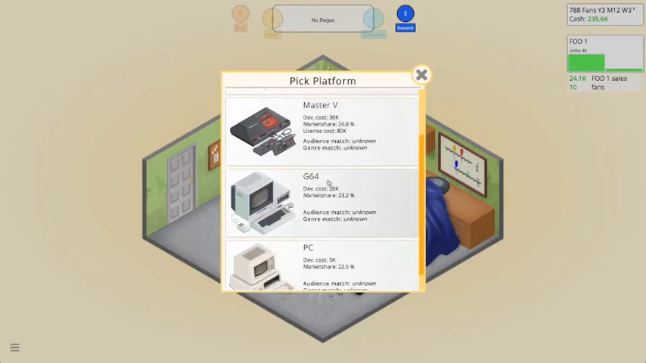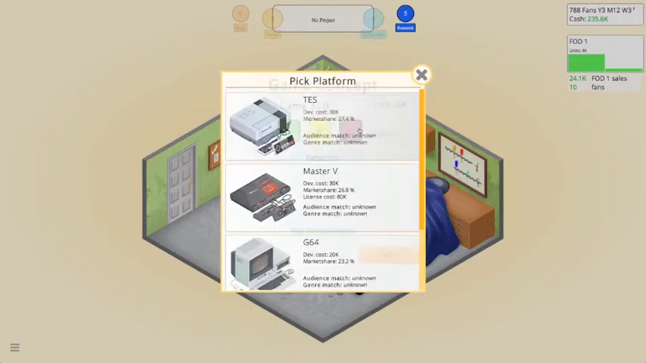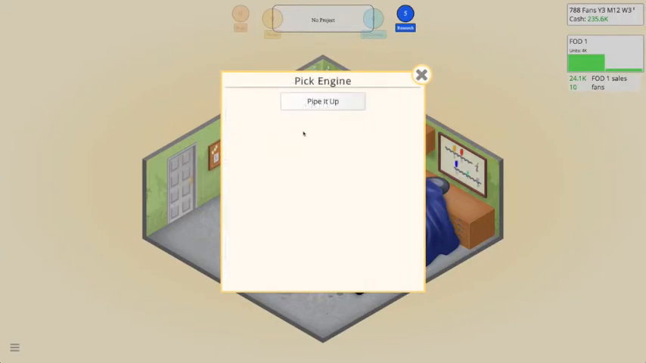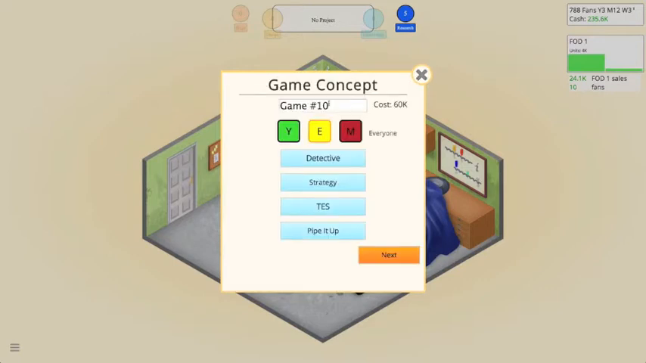We've got 27 share on that and 22 on the PC. So once again, let's do it on the TES, and let's use the Pipe It Up engine. And we're going to call this one. What should we go with? So it's a detective and it's a strategy. So let's call this one